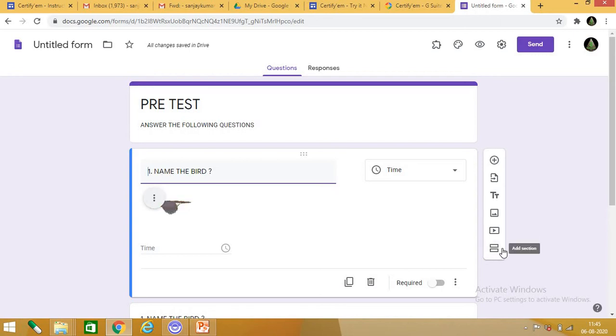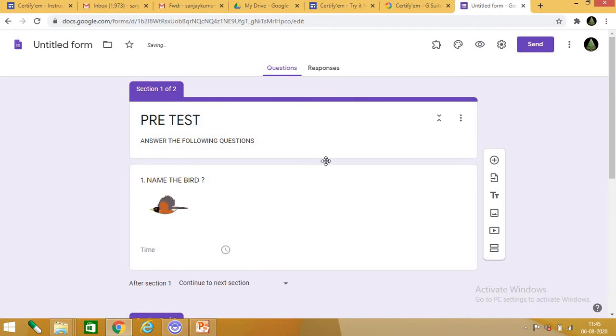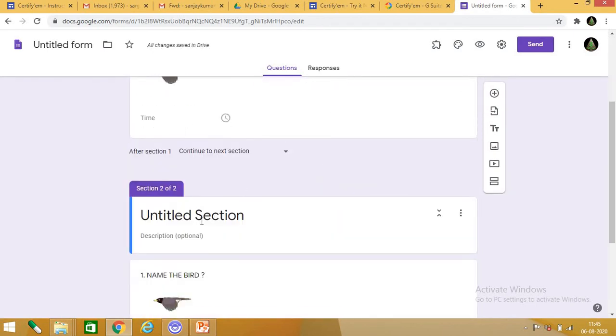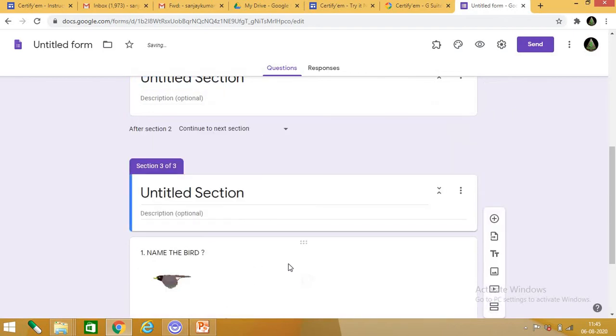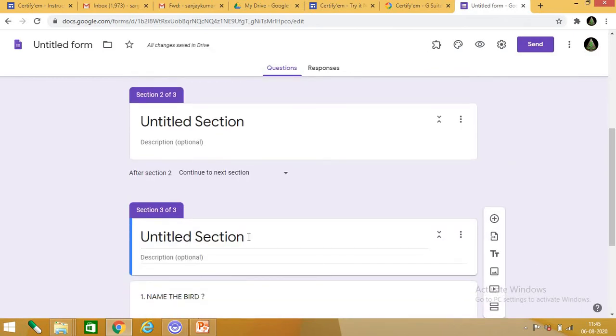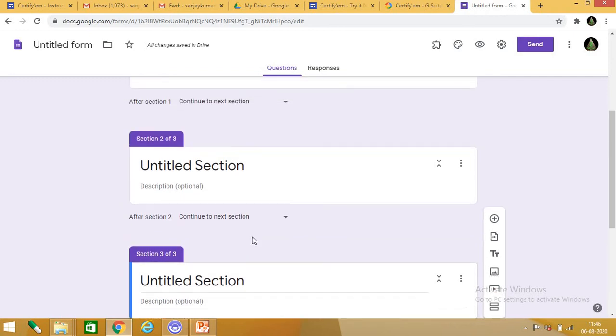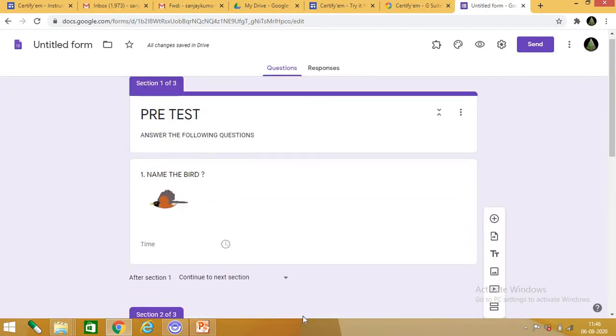Add section means, suppose in English and in all subjects we have competencies, so you can make competency-wise questions. So the first section will be reading, second section will be writing, third section will be for grammar. Then similarly you can add handwriting, different competencies you can add.